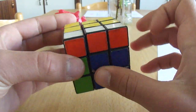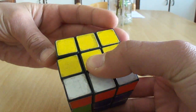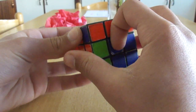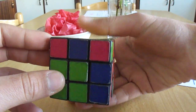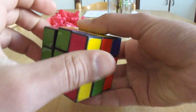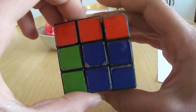now back clockwise. You don't want to do back like this, because if you do back like this, isn't it clockwise, this is counterclockwise, as you can see. A lot of people mix up, so you want to hold the cube and go to the back like this, and back clockwise. And then front counterclockwise,